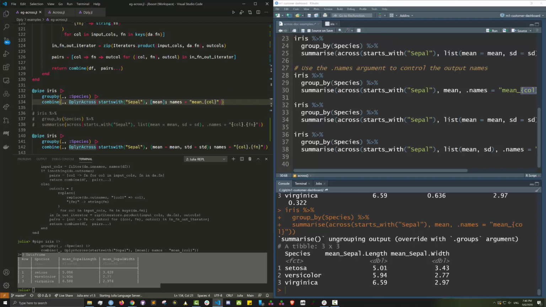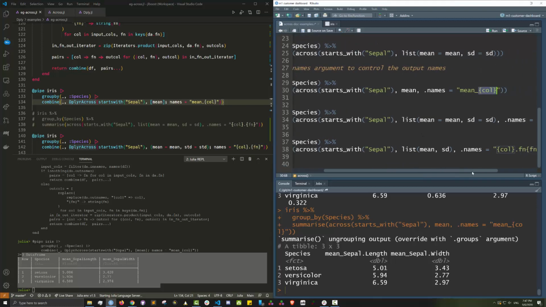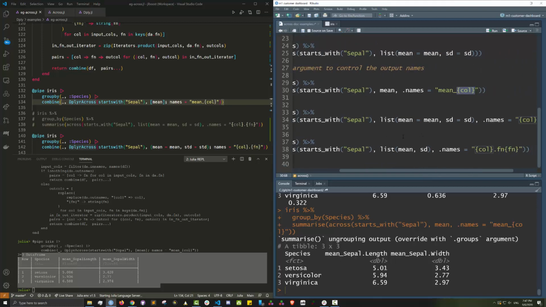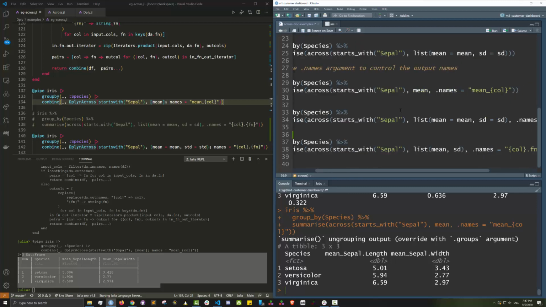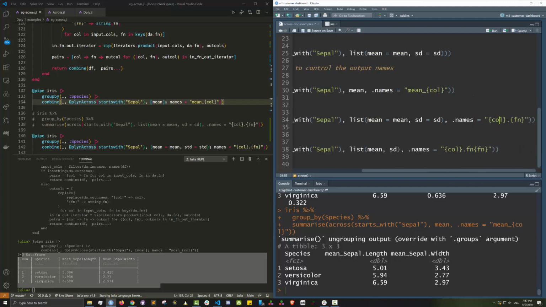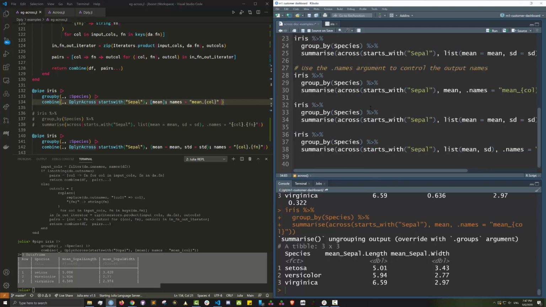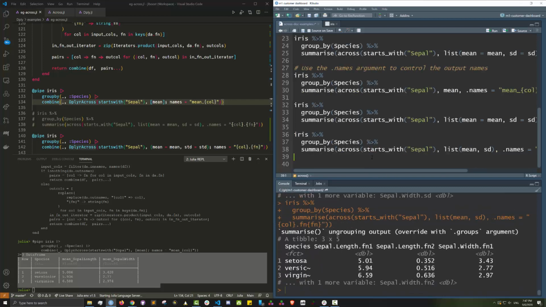Well, the next example is basically the same as before, almost, except they group by species, do a summarize across this, but now they give a list of functions with names. So mean equals mean, st equals sd, and the output name should now follow this form, which is column dot function. So let's run that. Yep. So you can see the output is basically the input column name dot